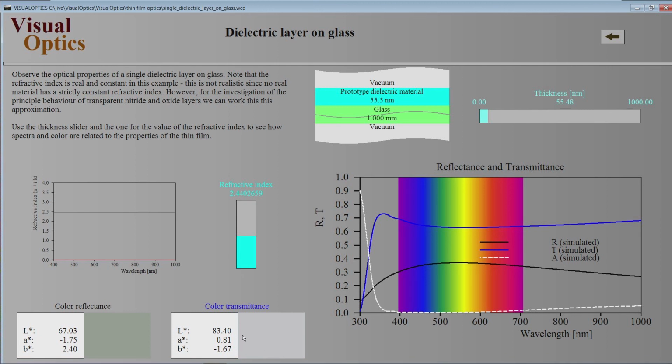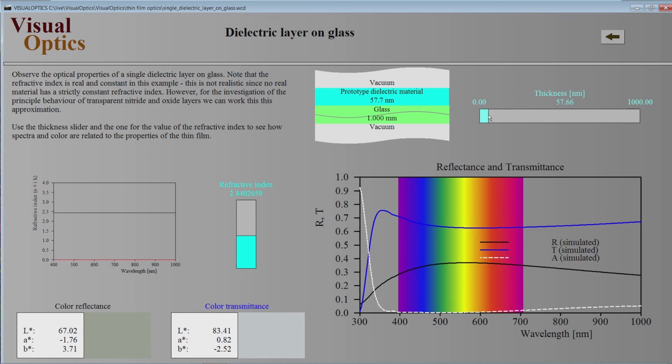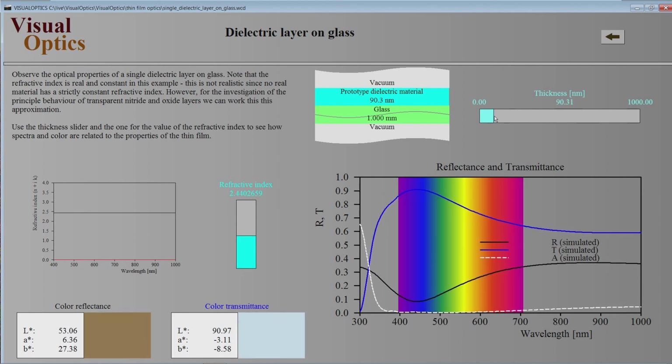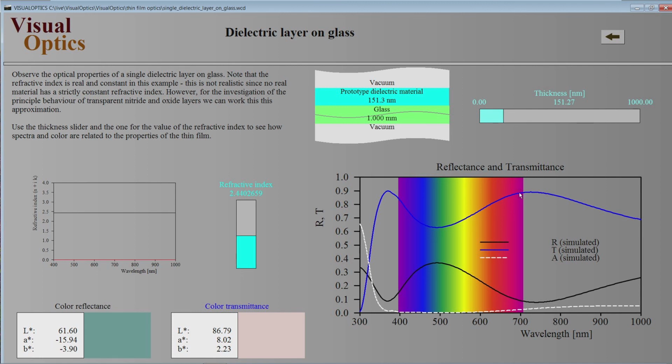Here I have a visualization of the color in transmittance and the color in reflectance. Here there are the detailed color values. So single thin films on glass can have a very colorful appearance depending on the position of the maxima and minima